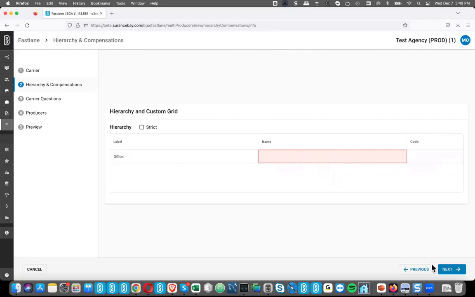But we don't have to. Later on, when the producers complete their review requests and send these back to your agency, you'll get a chance to go back through these and add any values. Maybe they'd be different, maybe they'd be the same, but if they are the same and you want to streamline that process, you could add them here and it would apply it to all of the requests.